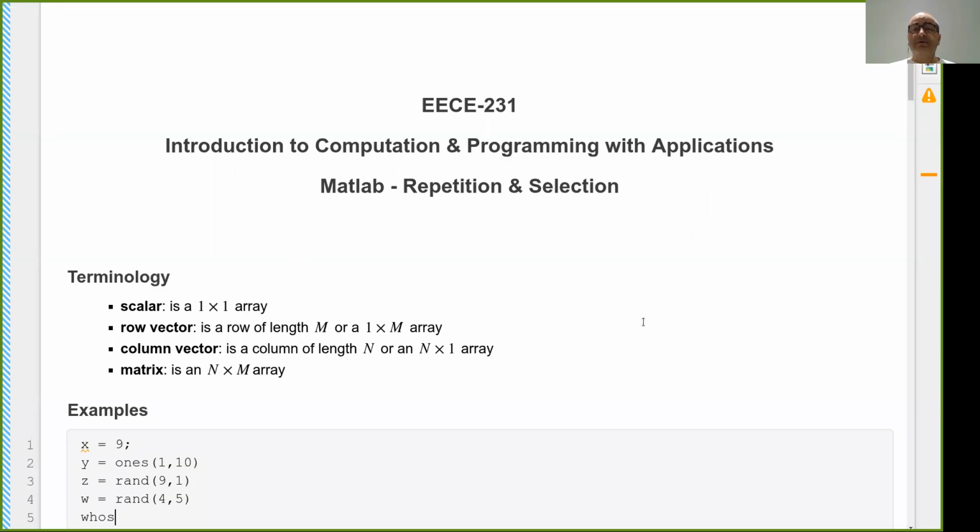Let's look at the basic control structures in Matlab, specifically those of repetition and selection. But before we do that, let's get some terminology out of the way. Whenever we say we're dealing with a scalar in Matlab, effectively we're dealing with a number or an entry. And since arrays are the basic types, we're going to think of a scalar as a one-by-one